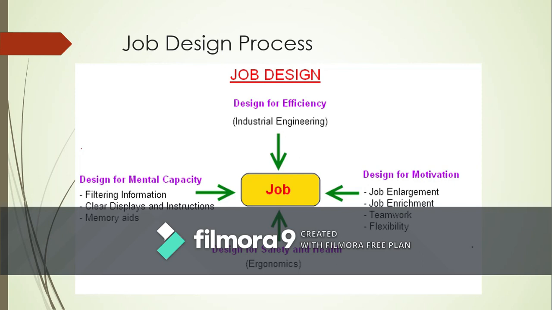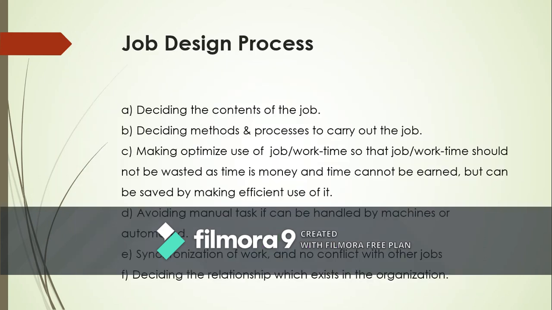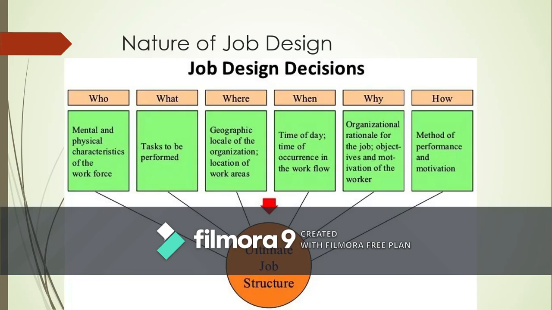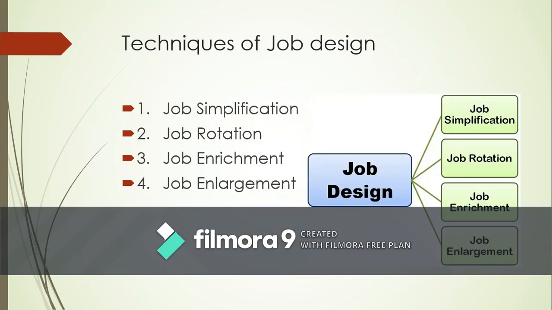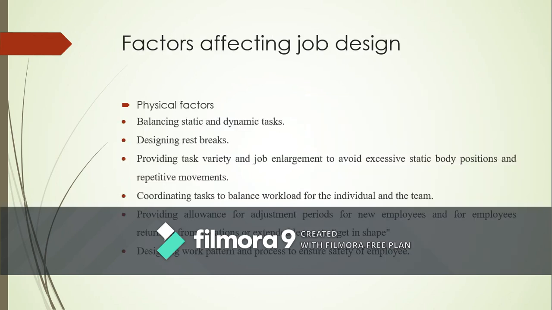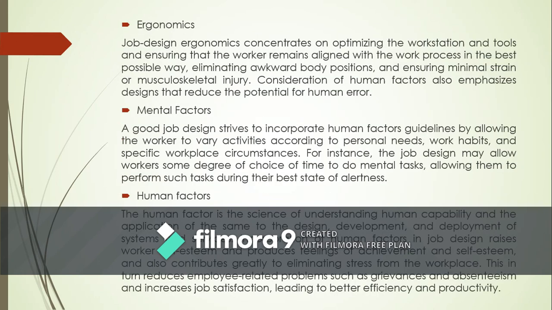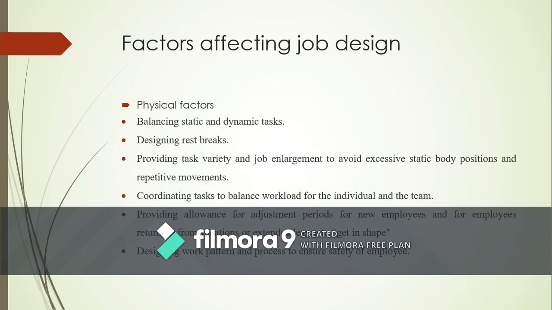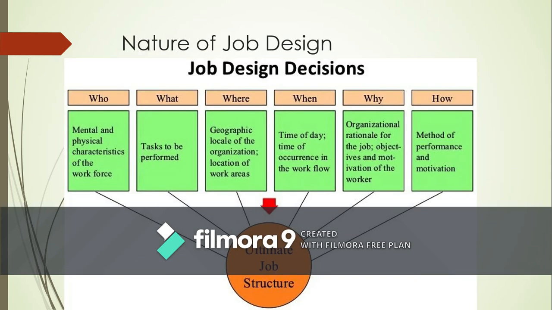and job design process objectives. So design for efficiency, design for motivation, design for safety and health, and design for mental capacity. Then the job design process is understood, and the next one is nature of job design or characteristics of job design, and what job design decisions are to be made. So with this, I think this class is enough. In the next class, we are going to learn about approaches and techniques of job design in detail, and factors affecting job design. Right, so with this, let us finish the